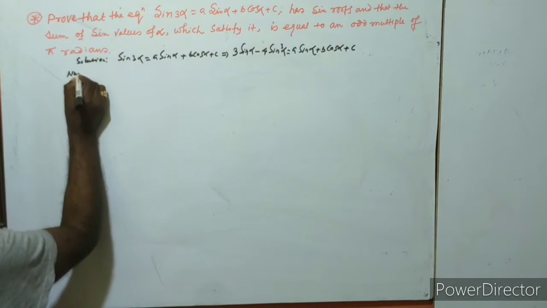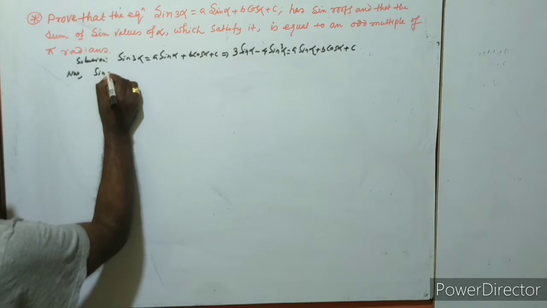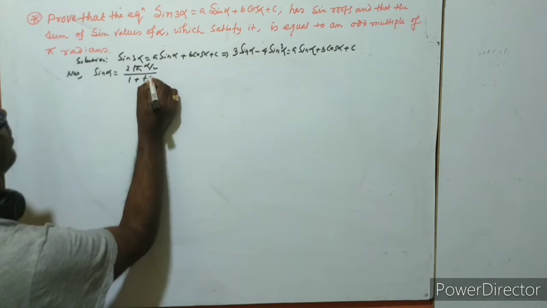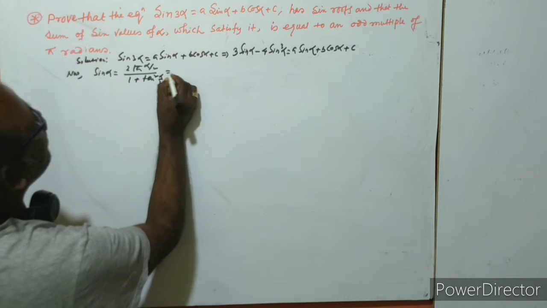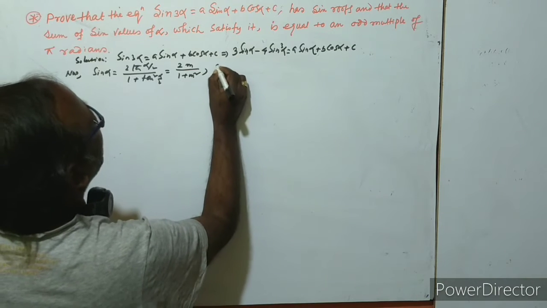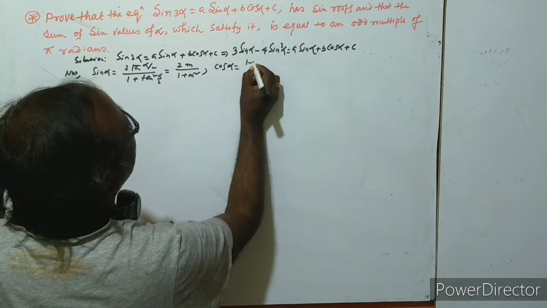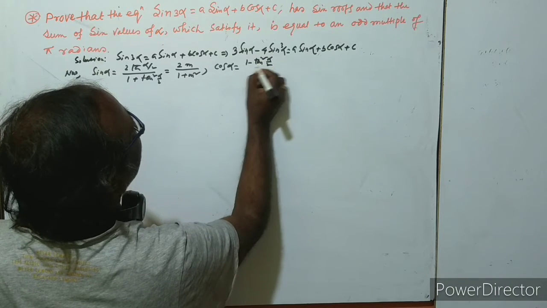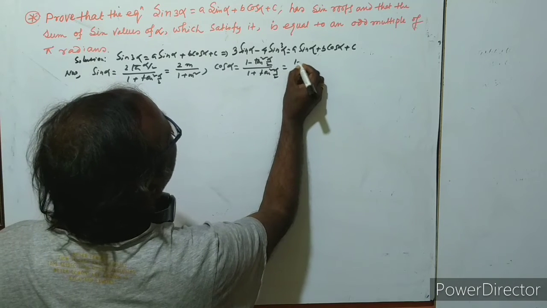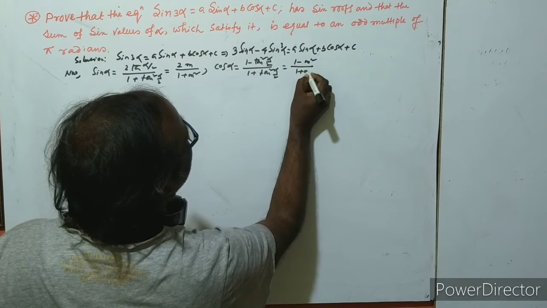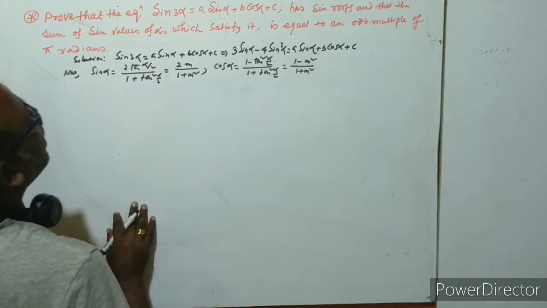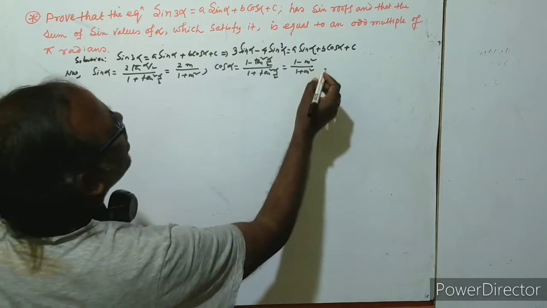Now the expansion of sin α we introduce here as a sum multiple angle, with m = tan(α/2): sin α is 2m by 1 + m², and again cos α we can write as 1 minus tan² α/2 by 1 + tan² α/2, and that is 1 − m² by 1 + m². And these sin α and cos α are introduced into equation number 1.